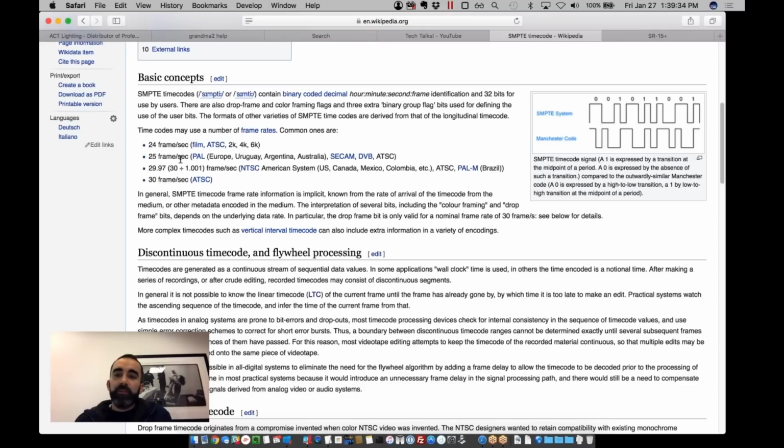Furthermore, you see that 25 FPS is a PAL thing. That's a European video standard, whereas in the United States we use NTSC, which is 29.97. There's also this terminology called drop frame, non-drop frame, etc. The console can receive all of these formats. What you choose, I mean, we're just using the clock sync. We're not really trying to associate ourselves with frames of video.